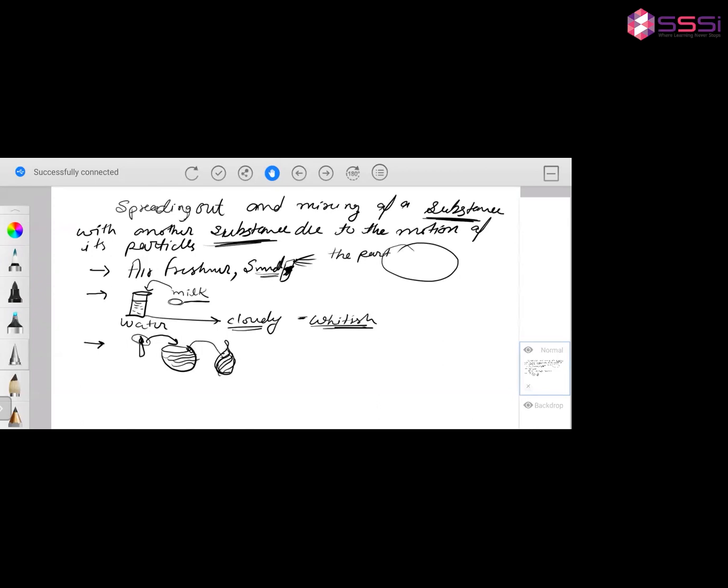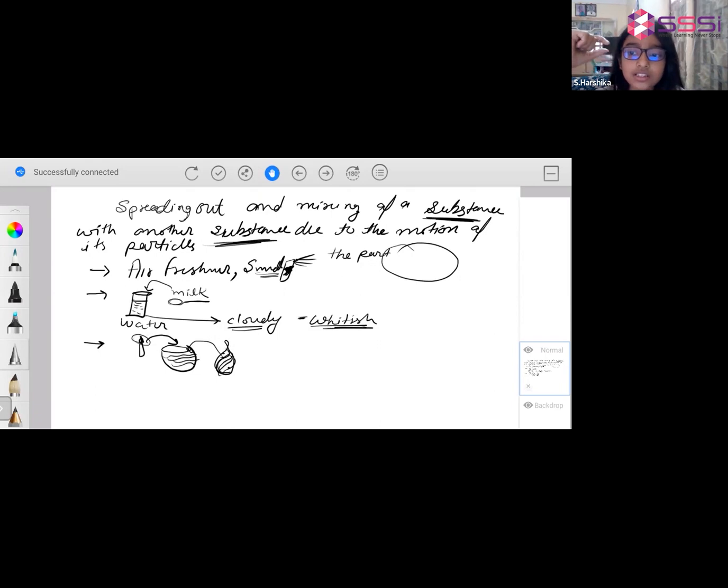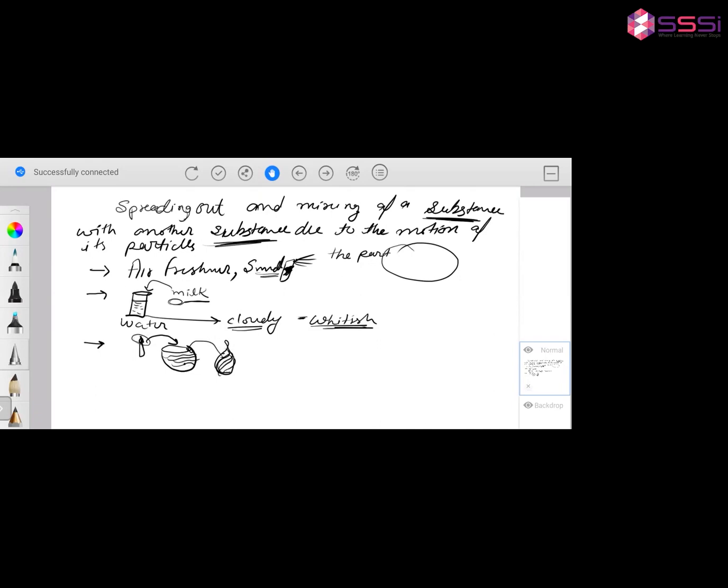So again, read the statement: mixing of a substance with another substance due to the motion of its particles. One substance is paint and another is water. Now you know the term diffusion.